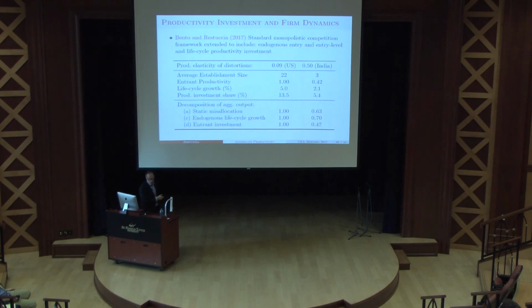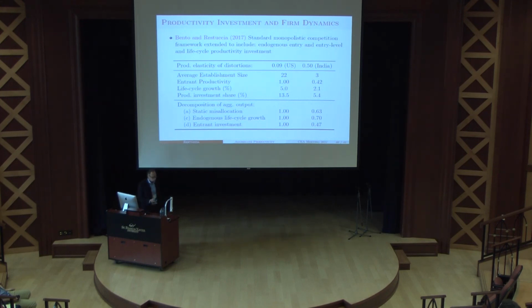And so in this framework, it's going to be very much like the Sia and Klenow framework, but you're going to have endogenous entry, so the number of firms is going to be endogenous, so firm size is going to be endogenous. And then there's going to be two types of investments. Firms invest when they enter into the market, so their productivity is not going to be the same everywhere. And then they're going to invest over the life cycle, so it's going to capture the Sia and Klenow life